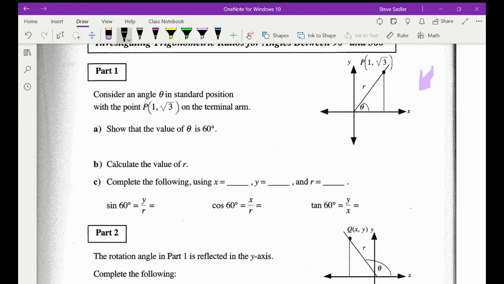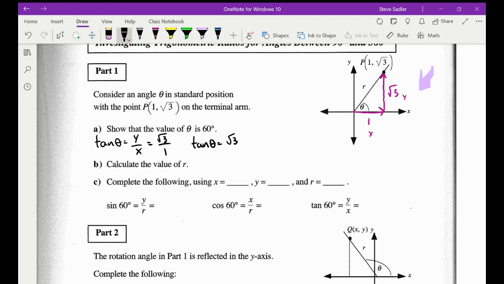So I don't know if you remember, we can say, well, if we know the x value is 1, and we know the y value is root 3. So if we know x and y, that is a tan ratio, right? Tan of theta is equal to y over x. So in this case, y is root 3, x is 1. So if tan theta is equal to root 3 over 1, or just root 3,